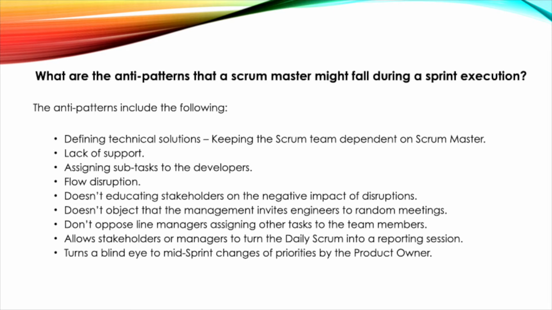What are the anti-patterns that a Scrum Master might fall into during a sprint execution? The anti-patterns include the following: defining technical solutions, keeping the Scrum team dependent on the Scrum Master, lack of support, assigning subtasks to the developers, flow disruption, not educating stakeholders on the negative impact of disruptions, not objecting when the management invites engineers to random meetings, not opposing line managers assigning other tasks to the team members,